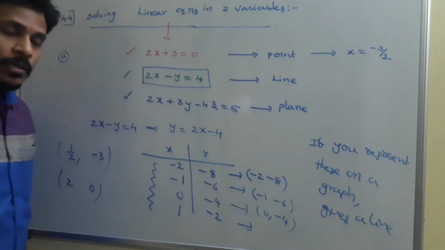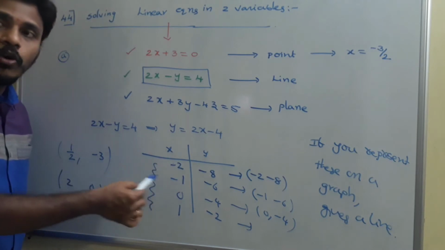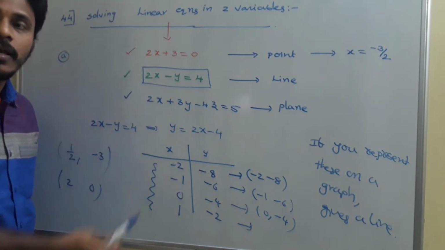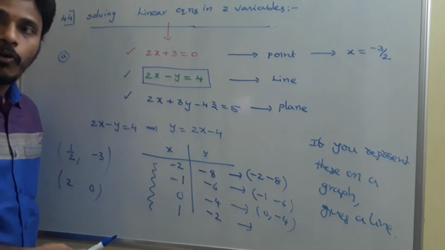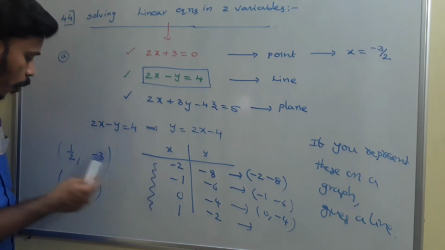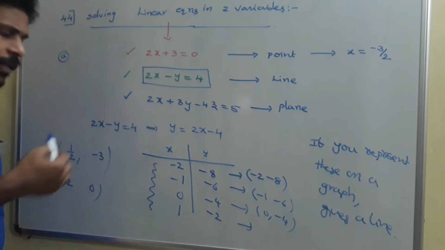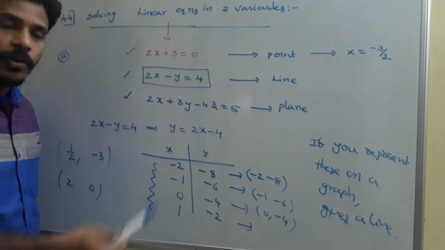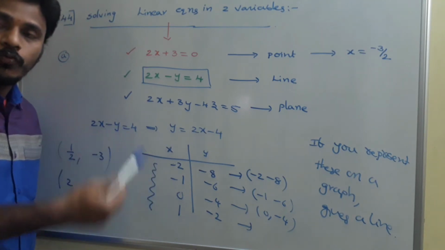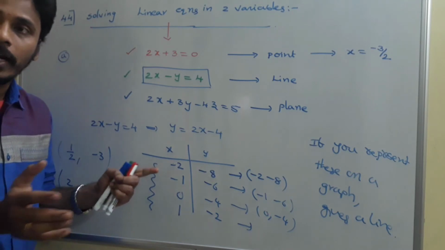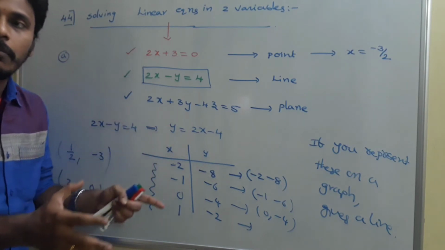That's my discussion. Likewise, if you wish to find the corresponding x and y, there exist infinite number of points, and all those infinite number of points will lie on a line. Take x as -2, -1, 0, 1, 1 by 2, 2, and just go on like that: 3, 4, 5, 6. You just take different values in the place of x. Always you will get different values for y, and corresponding x values and corresponding y values. If you collect together, you will get infinite number of points.